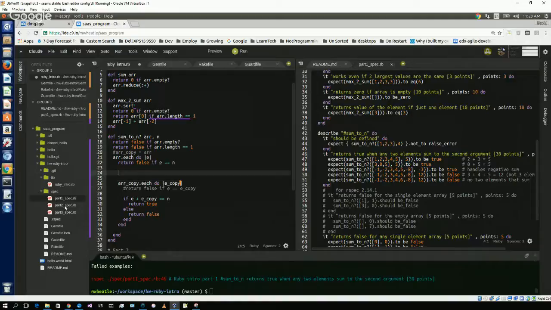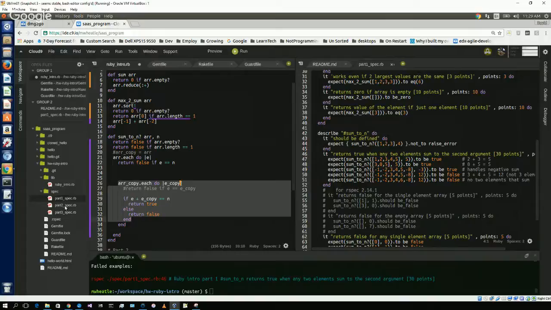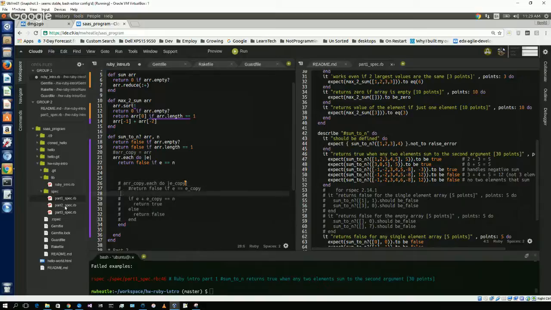Okay, comment out the array copy each do. That end statement right there. All right, so we got an E element, and we say